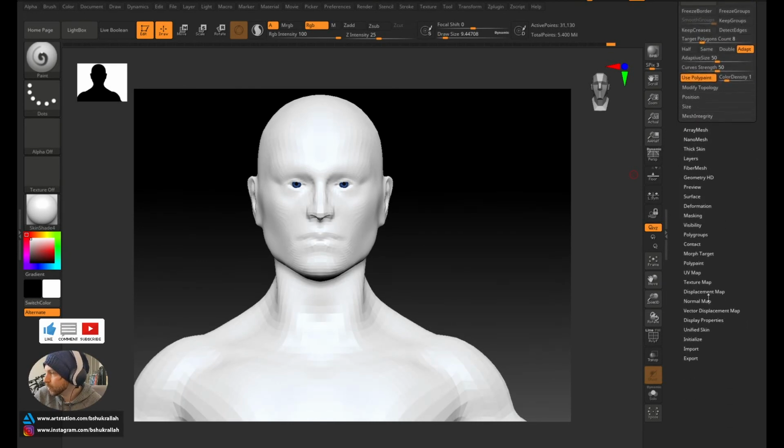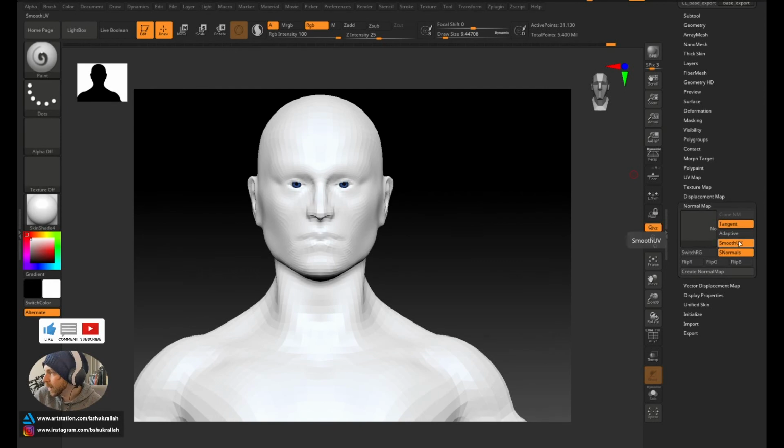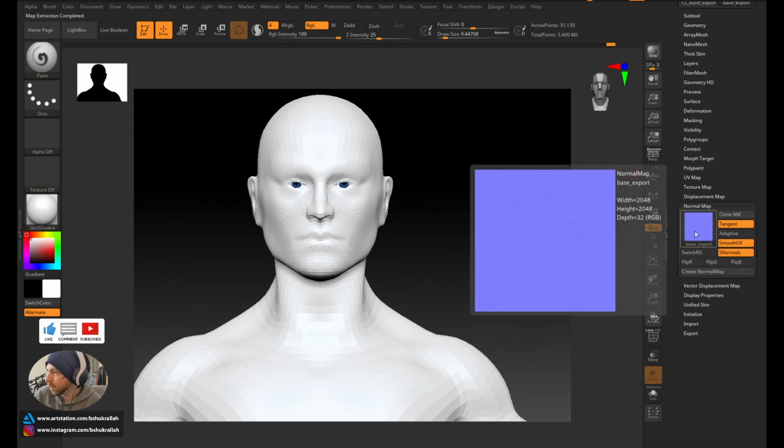We'll scroll down to normal map. And I basically just use the default settings. I'll hit create normal map. And basically this is going to compare the highest poly version to the lowest poly version and make a map between the two. Now, I actually prefer to use external